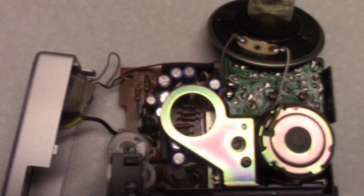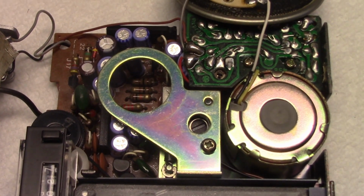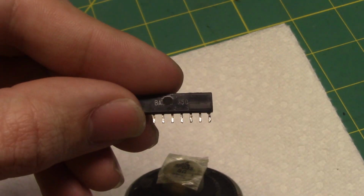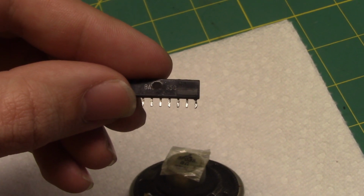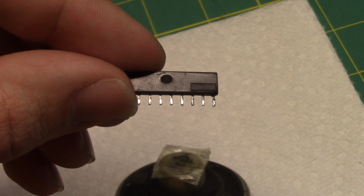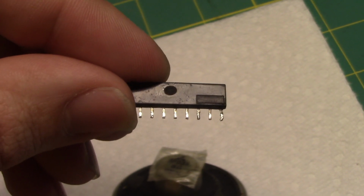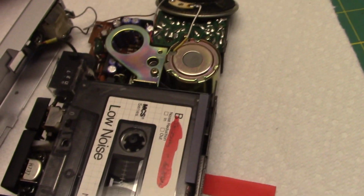Here's the other side of the recorder. There was actually one more chip inside this machine. You can see that single inline package down there, and thank goodness that other chip was not blown. I think probably what happened, see, the original chip's absolute maximum voltage was 12 volts. And the power adapter that was supplied with this, that supplied 12 volts, I measured it to be 14 volts. So it would have overvolted this chip. And I'm guessing probably the amplifier would have worked originally when he tried it, and then probably slowly the chip overheated and failed. I don't think it exploded, it probably just overheated. So anyway,